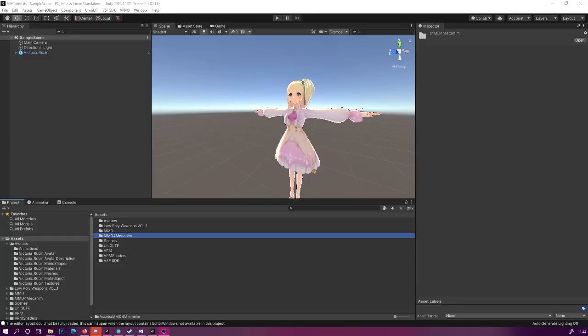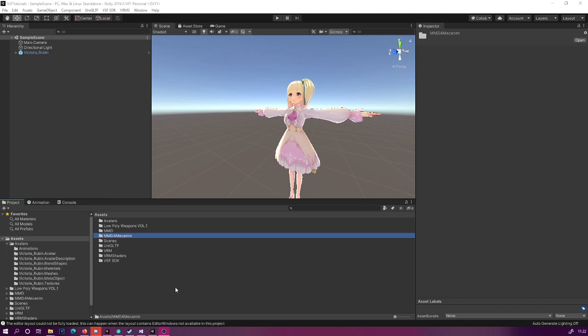Okay, so now that you have your Unity project open and your model imported, the first thing we want to do is import the audio file. I have already prepared an audio file. If you don't have one, you can either record one or get one online.